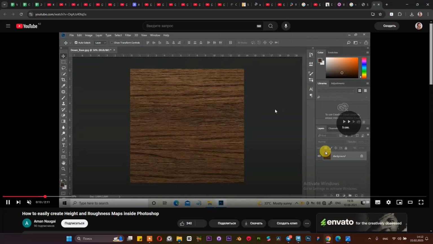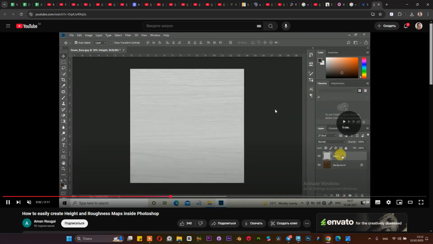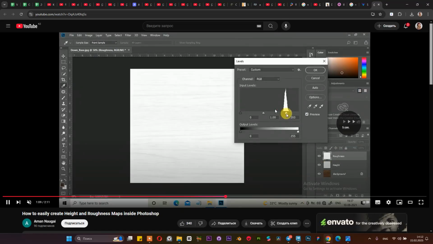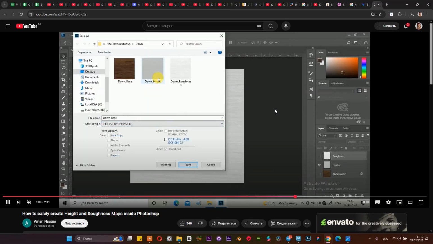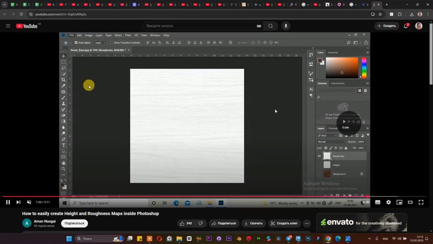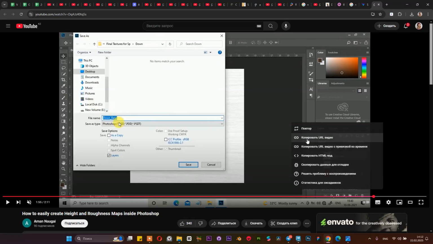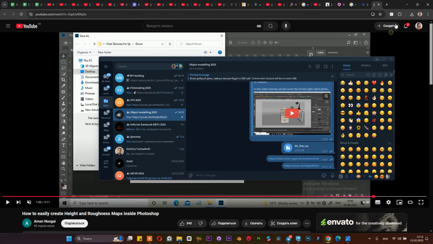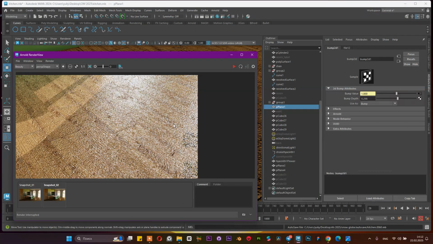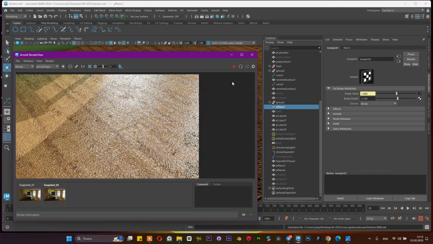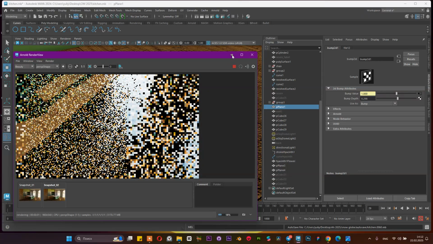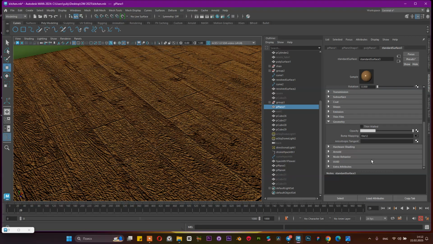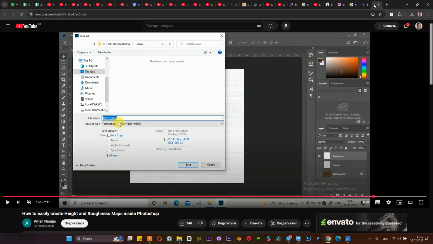With the help of Photoshop, you can also create some height map and use this height map for the roughness. The roughness controls this specular on materials. Let's stop this render and let's try to create